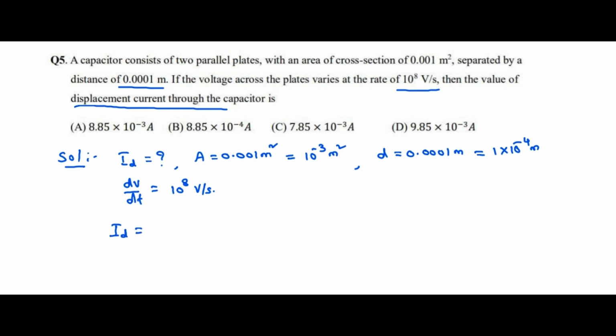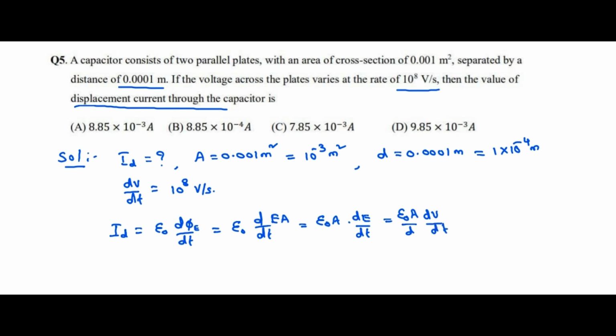Displacement current is equal to epsilon naught d phi by dt. It is the rate of change of electric flux times epsilon naught. That is epsilon naught into d by dt of electric flux, which is nothing but EA, so that is equal to epsilon naught A into dE by dt. We can write it as epsilon naught A, E can be written as V by D, so dV by dt